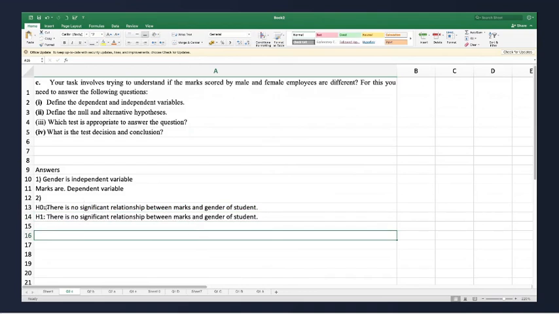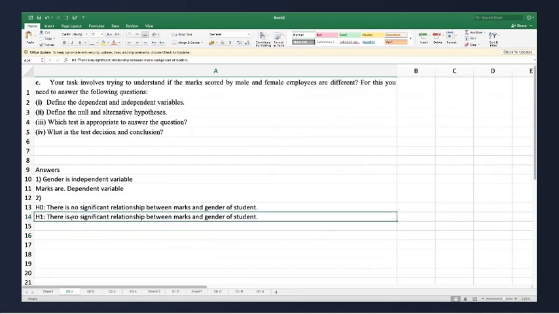So this is your null hypothesis, this is your alternate hypothesis. You are not saying that there is a positive or a negative. No, you are just trying to understand whether there is a relationship or there is not a relationship.